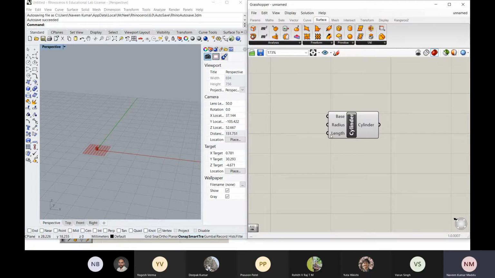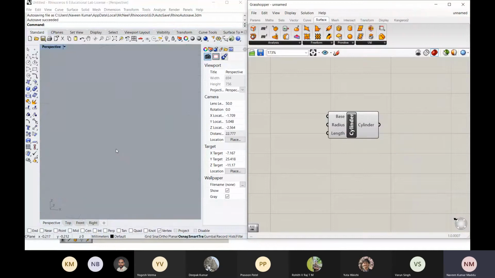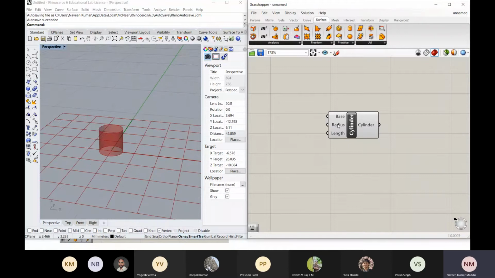These are the places at which you should be entering your input values, because for a cylinder you'll be having a radius and a height h or length L, and you have to select the base, be it the XY plane or YZ plane or ZX plane, or any vector plane that you want to have as the base. You can create your own base. If you just put your cursor here, you can see the base is selected as the X and Y plane, right? There are already some default values set in these inputs. You can see the radius is set to 0.5 and length is set to 1.